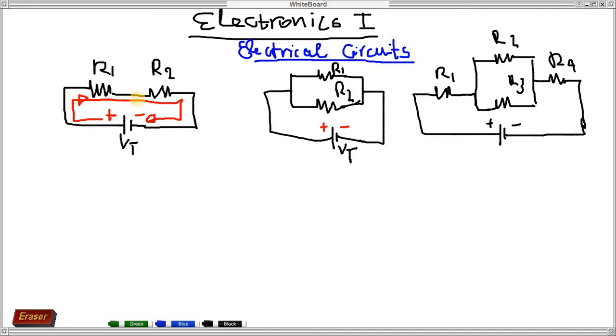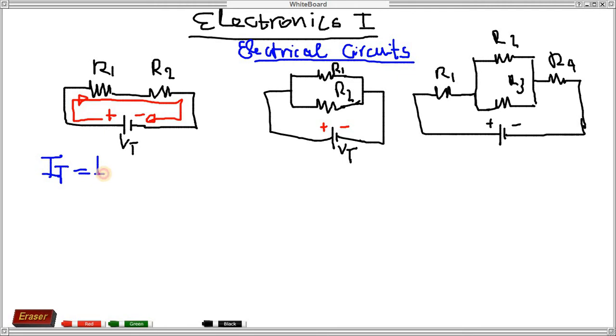Along the way, when the current passes through the whole circuit, it doesn't change direction and doesn't split into parts. The same amount flows here, like a one-way, positive to negative. The current just travels all the way from positive to negative. Nothing stopped the current, nothing split the current. So in this case, we say this is a series circuit, because the total current